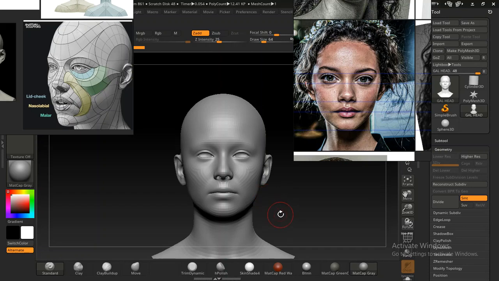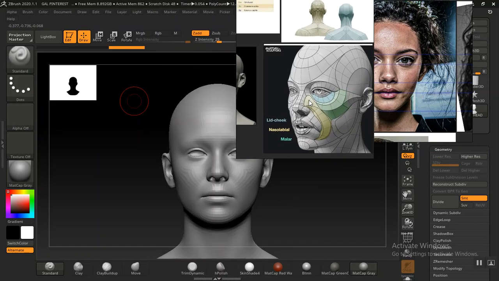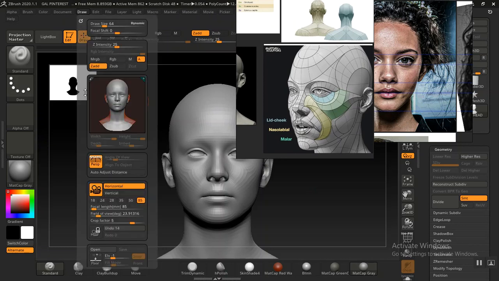Okay, welcome back, guys. So, carrying on, we're going to import our reference image and begin sculpting on this. But before I do that, I'll need to